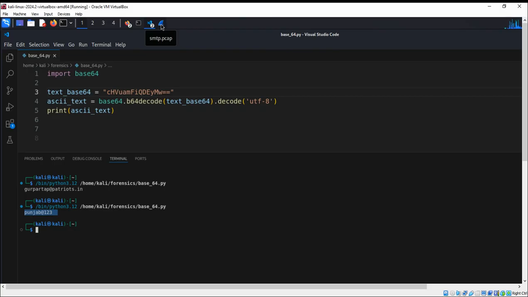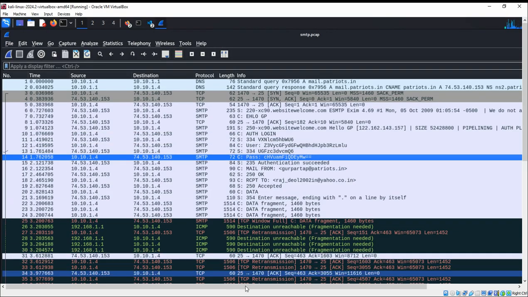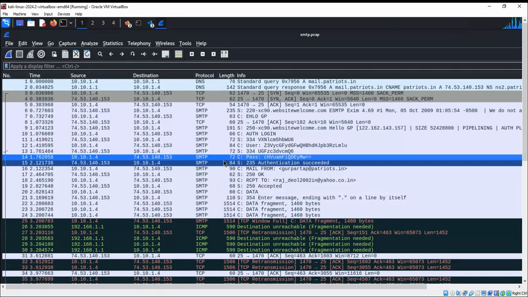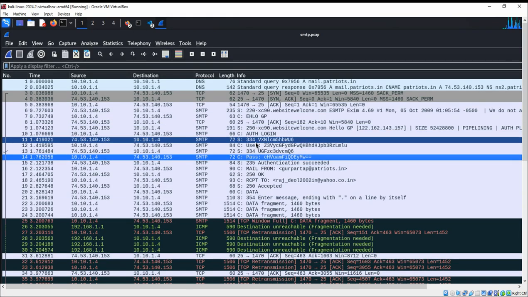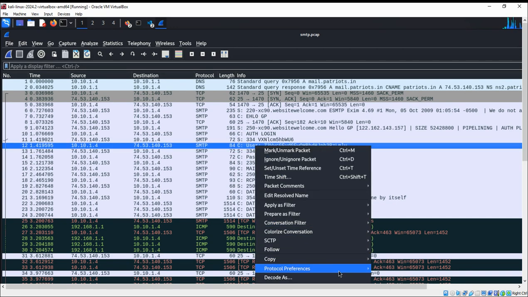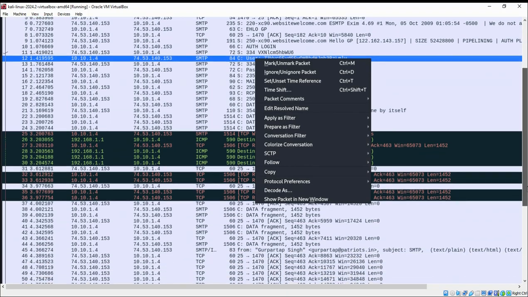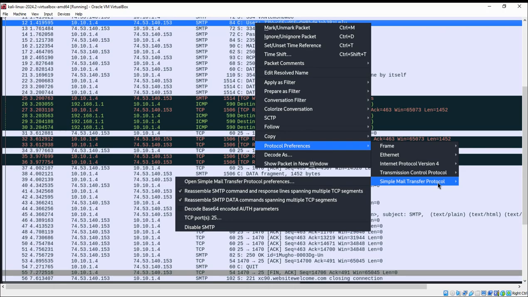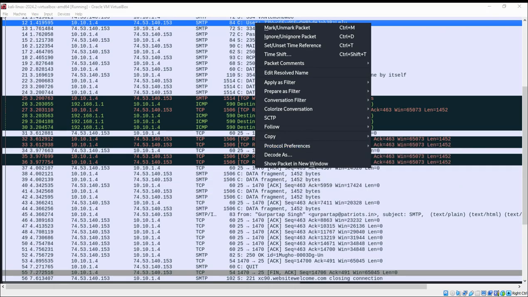So there is a way in Wireshark to do this too. Also decode it from Wireshark instead of using an external Python script. You need to just right click on a user. Let's see, where is our user here? Right click on it, go to protocol preference, and then here we need to select simple mail transfer protocol, and